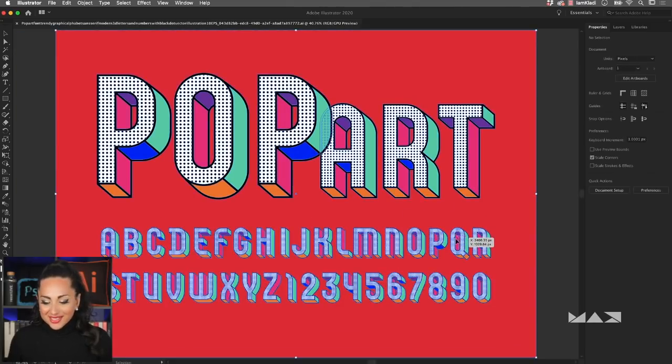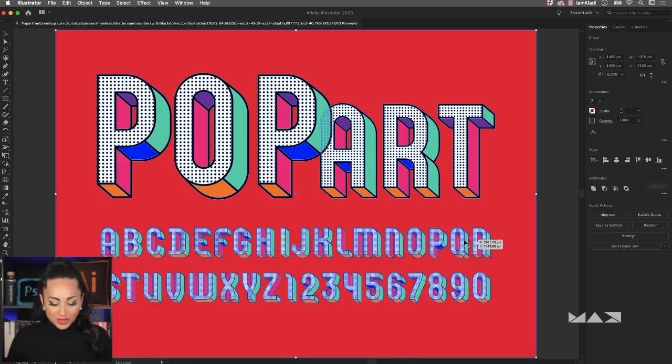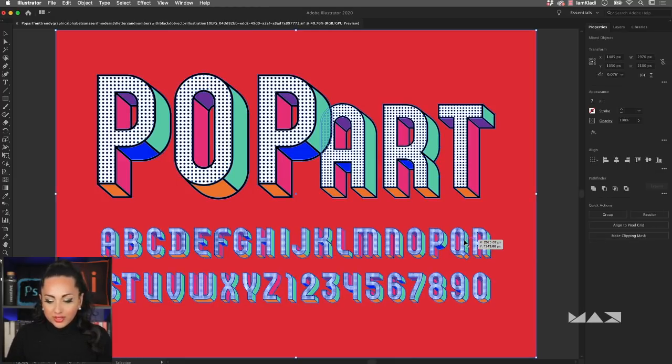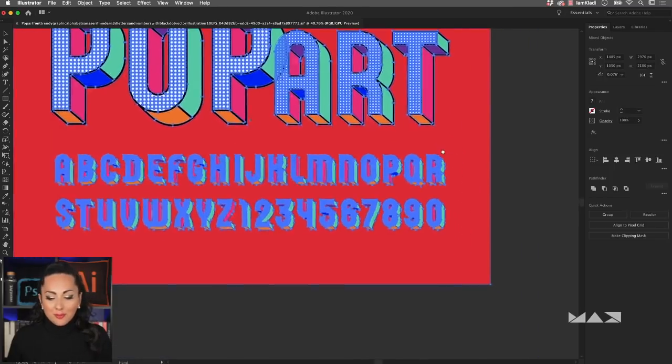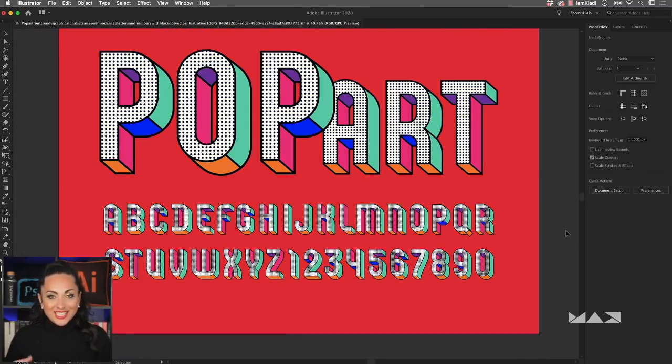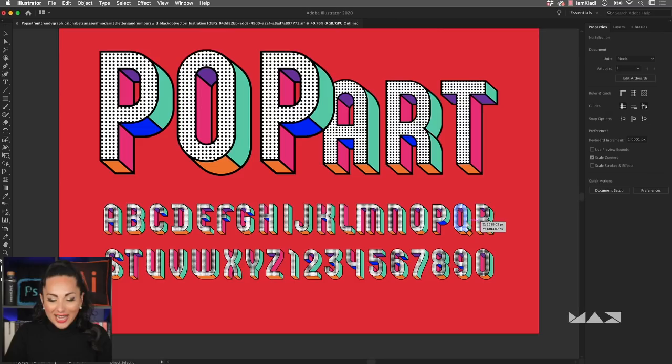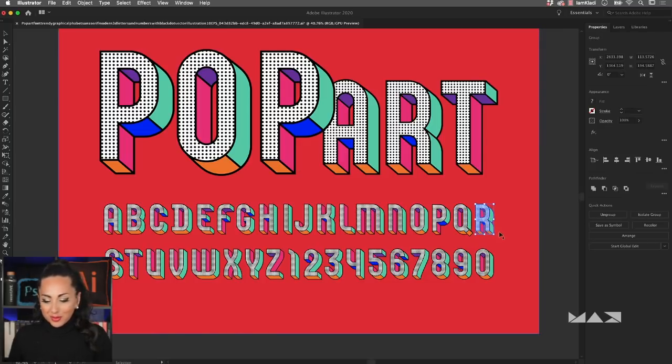And then I'm going to select my image and use the shortcut Shift Command G. That's Shift Control G on Windows, in order to ungroup my vector elements. You can definitely see that those are all vector by using the shortcut Command Y. That's Control Y on Windows, to see the outline of all these vectors. And then press Control Y, that's Command Y again, in order to go back to normal preview.